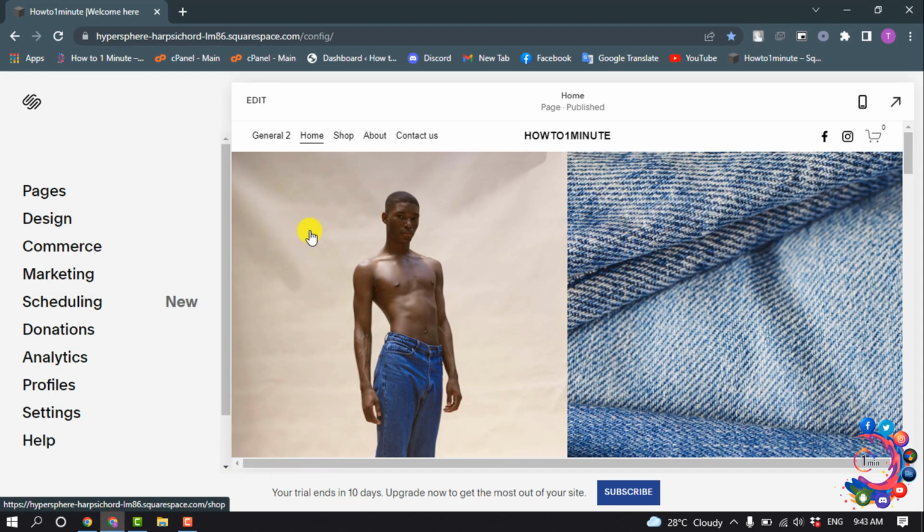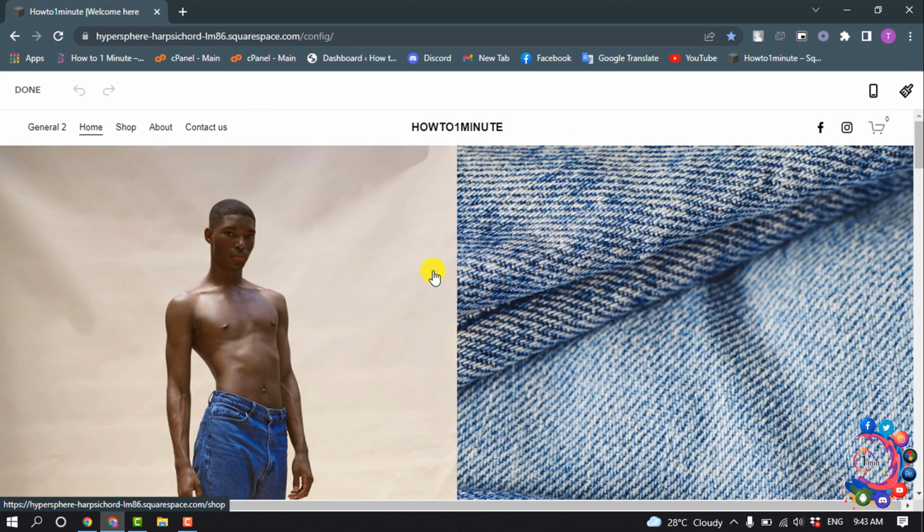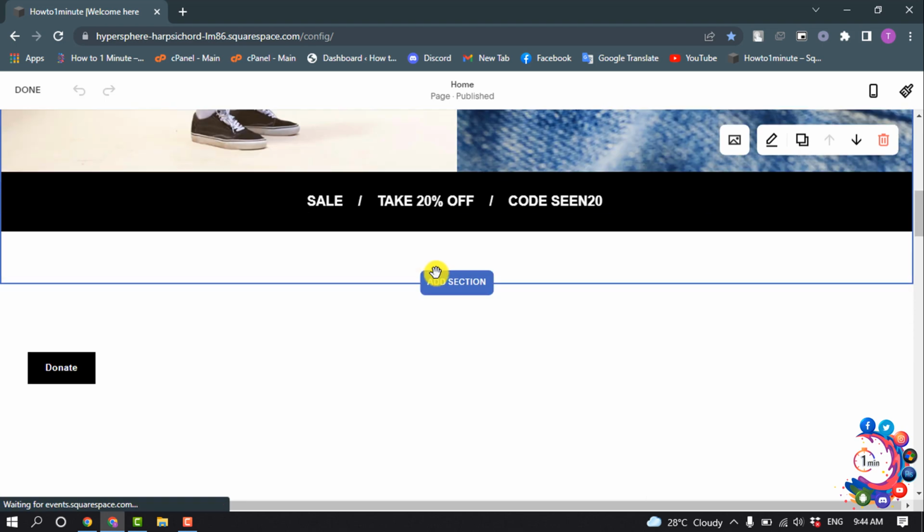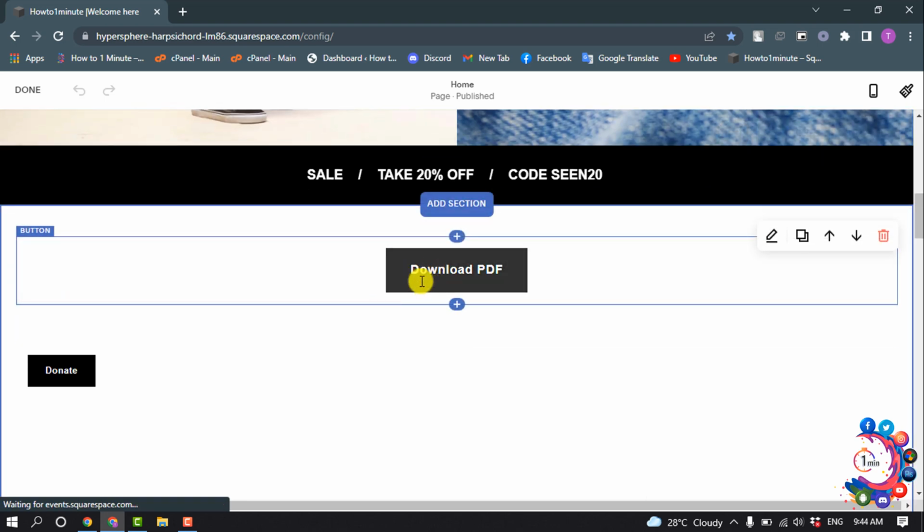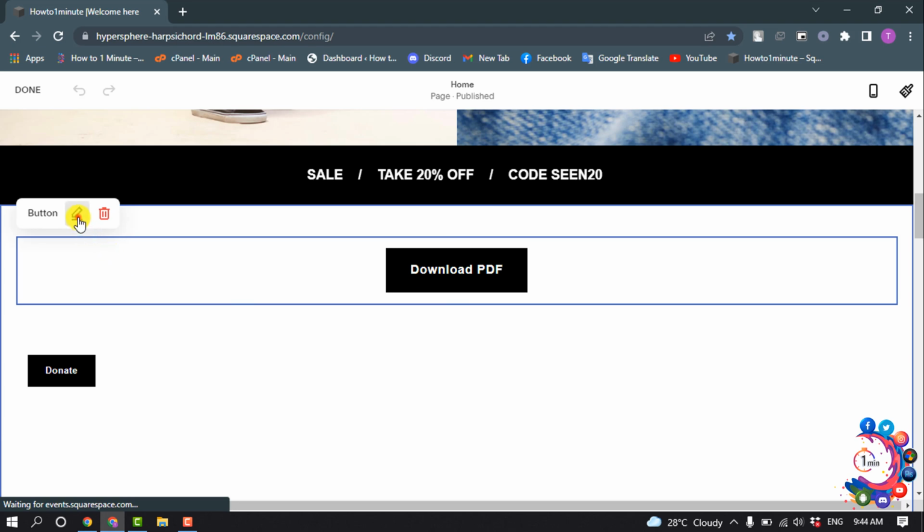So first of all, open the page or post where you want to add or embed a PDF, then click on edit, and I want to add a PDF file to this button, so I'm selecting the button and clicking on this pencil icon,